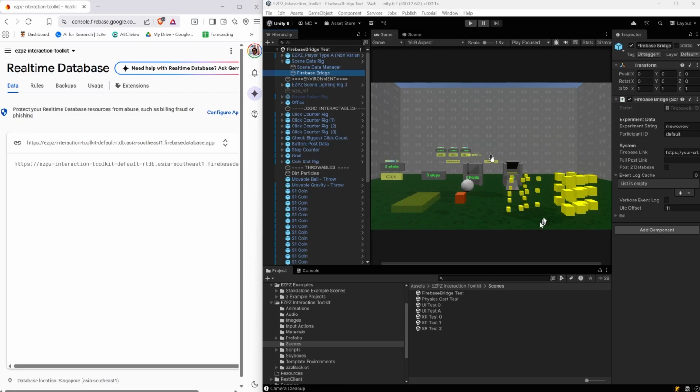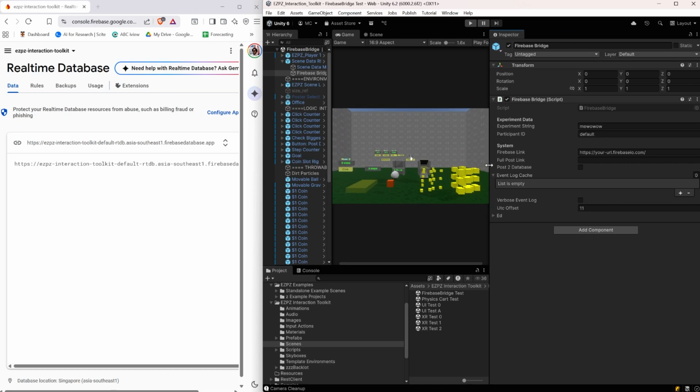Hi there, here's a quick way you can take some analytics using EZPZ Interaction Toolkit. So you're going to need to have a Firebase real-time database set up. I won't really get into how to set that up. You can just look up how to do that. But this video will show you how you can use a Firebase real-time database with EZPZ Toolkit to get some